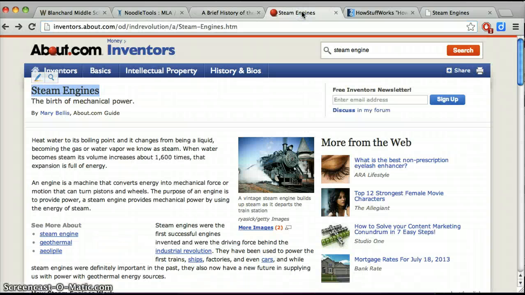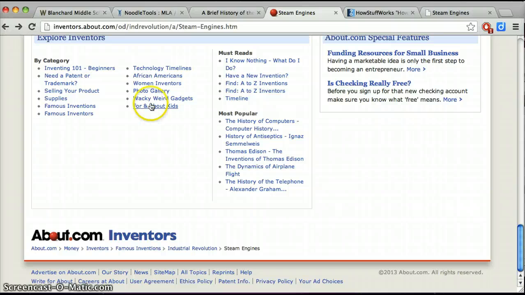We've got an article from about.com, inventors, and the article name is Steam Engine. So the question here is, what is the name of the website? Well, if you look actually in the URL, inventors.about.com, so I would actually say that the website's name is Inventors, and right down at the bottom we can